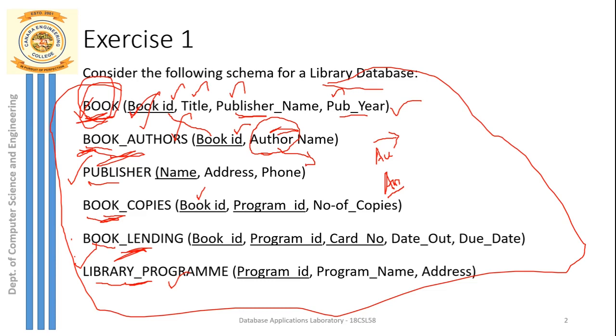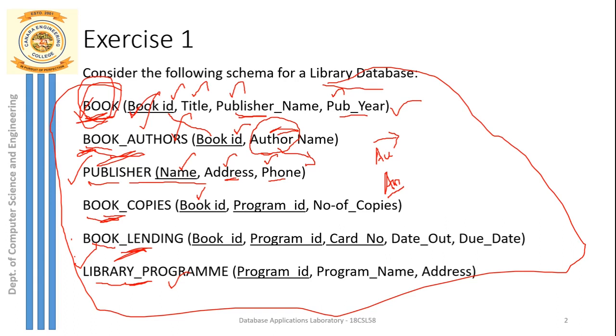So the next table, we will move on to the next table, that is the publisher table. Here it gives you the details about all the publishers. You can see here the publisher table has 3 attributes, or 3 columns. So the 3 columns are name, address and phone. So this indicates the information about a particular publisher. So every publisher will have a publisher name, an address, and also a phone number. So among these 3, which one do you think is the primary key?